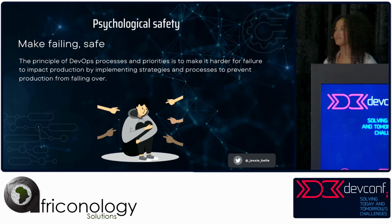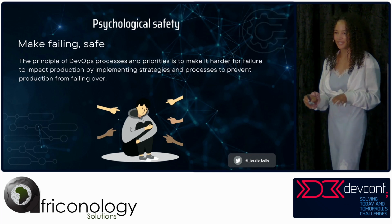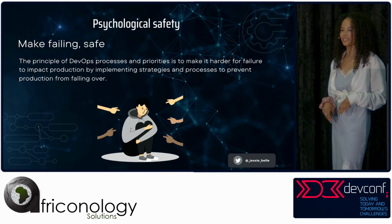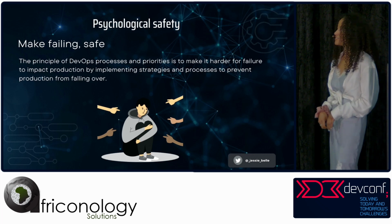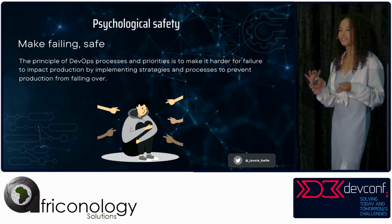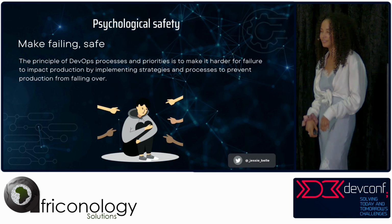At CyberSafe, we have monthly hack days, which are an opportunity for the engineering team to get competitive and try and build a whole feature in a day, and people get really into it. And there was a specific engineer who may have bypassed some testing or not quite checked the things she was pushing to production because she really wanted to get something done before a demo, and she ended